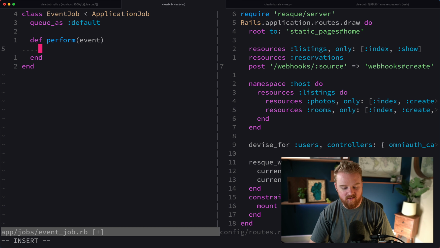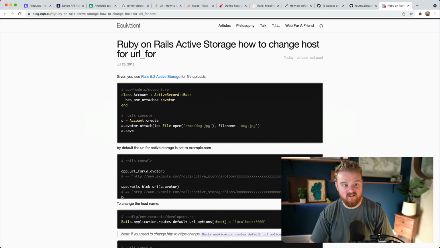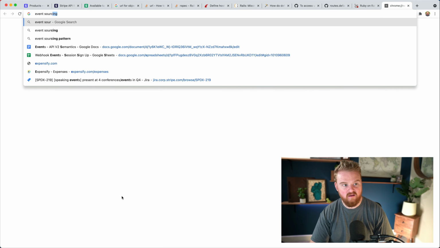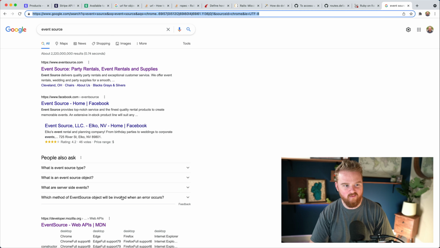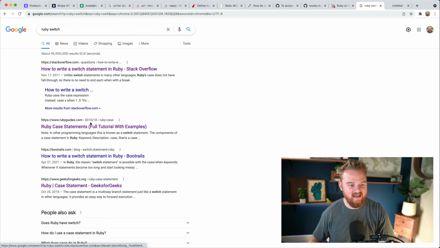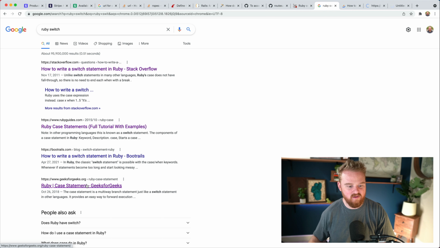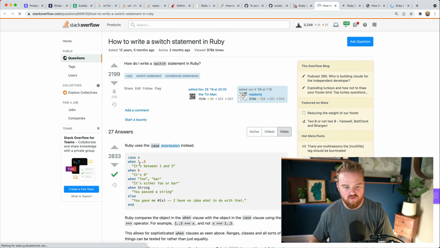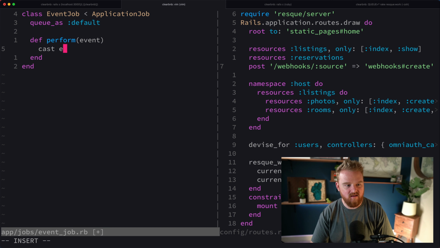So here, I think we want to switch on the event's source. Okay, in Ruby it's actually a case statement. So we're going to do a case statement in Ruby, case event.source, and when it's Stripe,